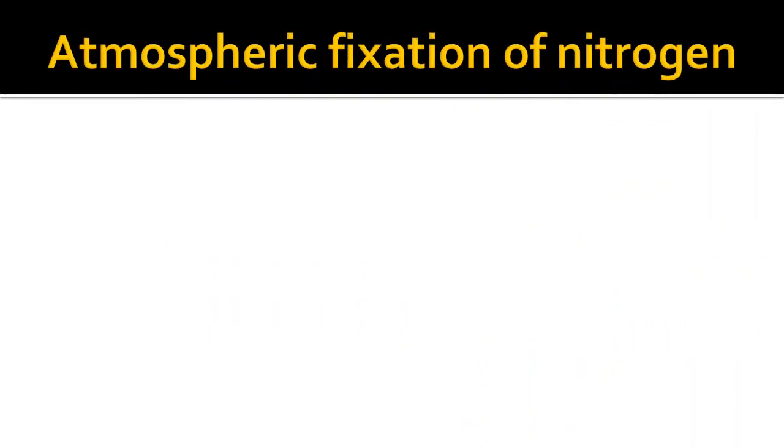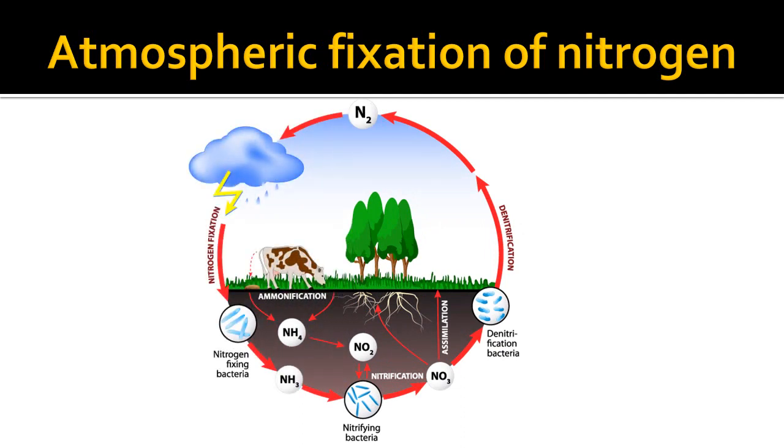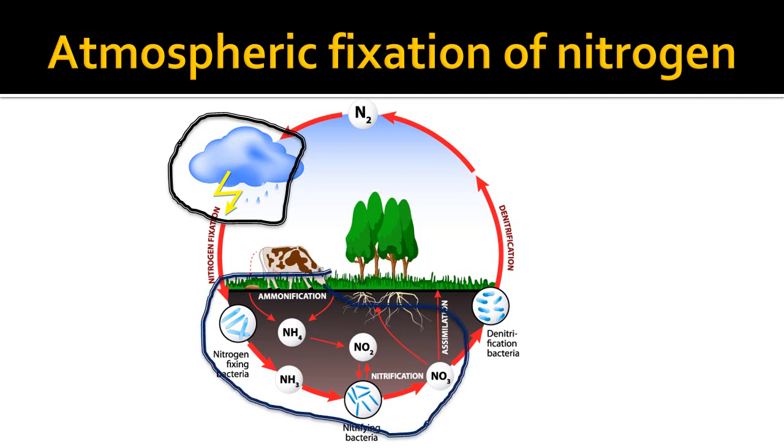Now next is the atmospheric fixation of nitrogen. That means how by using the atmosphere nitrogen is fixed. Okay, so here again we can see the atmospheric fixation of nitrogen. Here lightning occurs in the rainy season, and this causes the atmospheric nitrogen and oxygen to react with each other to form nitric oxide, like NO2 and NO3, which is again oxidized to form nitrogen dioxide, that is NO2. You can observe here that nitrogen reacts with oxygen to form NO2, NO3, and this NO2 and NO3 again is getting converted into